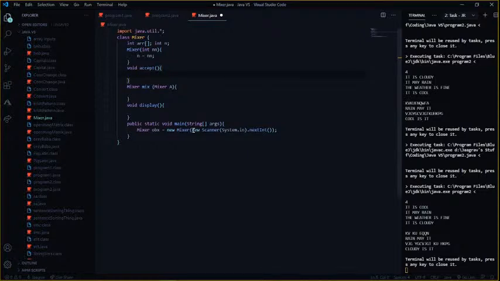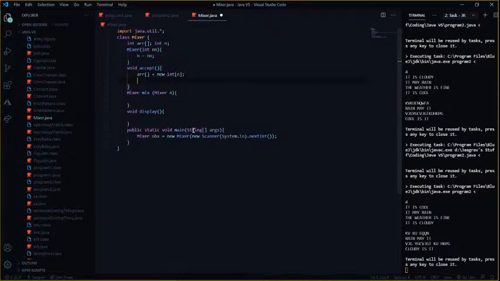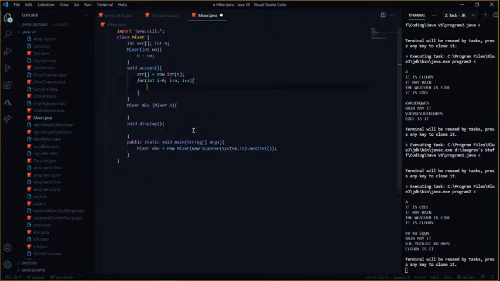Now over here we've accepted the value, and now we know n's value is nn, which is basically the length of the array. So over here we can put array arr equals new int of arr.length. Why would I pass in that? Okay, and inside of here now I'm going to accept the values, int i equals 0, and inside this I'm going to put in arr of i equals